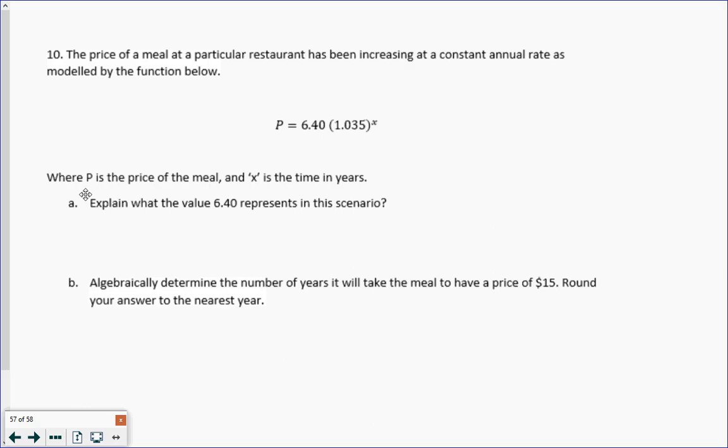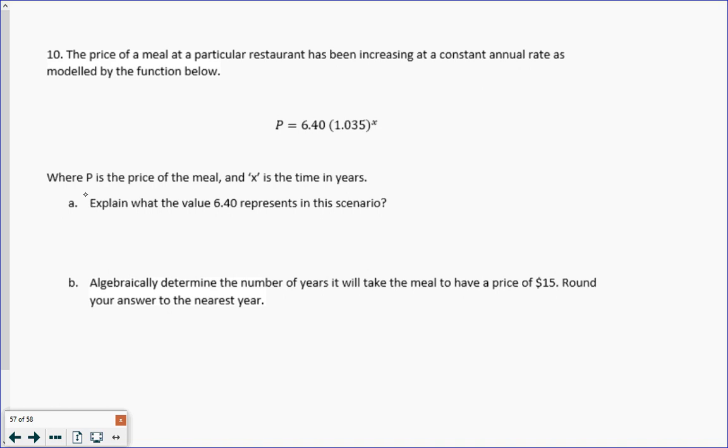Each of the parts, there's always going to be 1 or 2 easy parts, and then 1 or 2 harder parts. The harder parts typically are where they want an algebraic solution to something. So an algebraic solution of an exponential log, an algebraic solution of a rational, because those are the only 2 algebra units we have. So each of the parts, A, B, C, D, they're each going to come from a different unit. So you have one central theme for the question, but then each part comes from a different body of knowledge. Okay? So if we look at number 10 here, the price of a meal at a particular restaurant